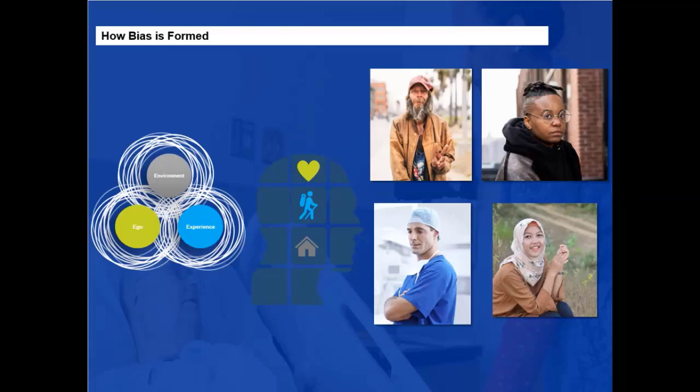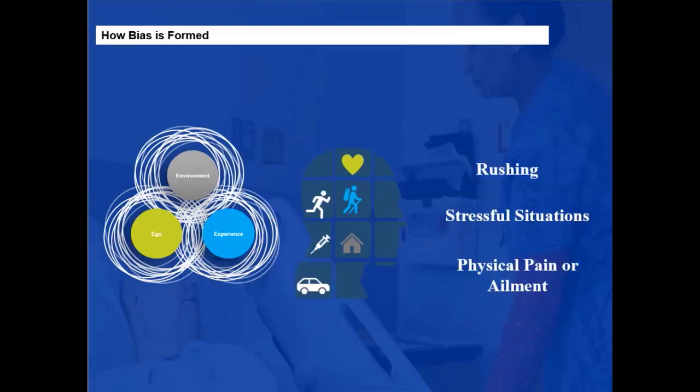Now that's in 1st grade, okay? That might be different now that he's a 6th grader and he has more experiences. He's in a more diverse school, etc. So those experiences change the way that your biases are formed. Our biases tend to come out when we're rushing or in stressful situations or when we have any physical pain or ailment as well. For example, if I have plenty of time to get to a meeting and